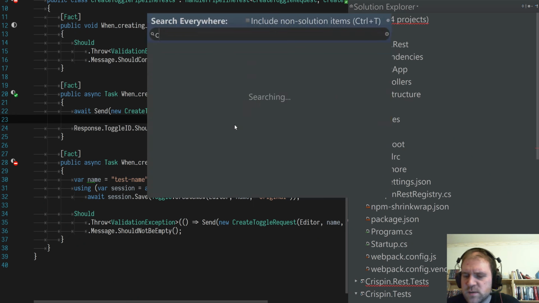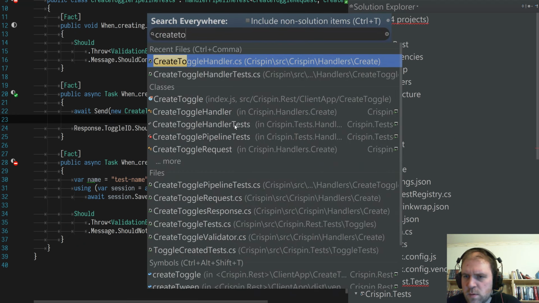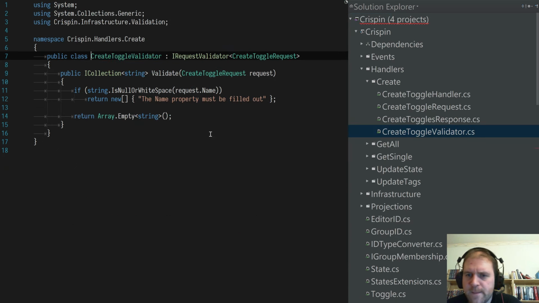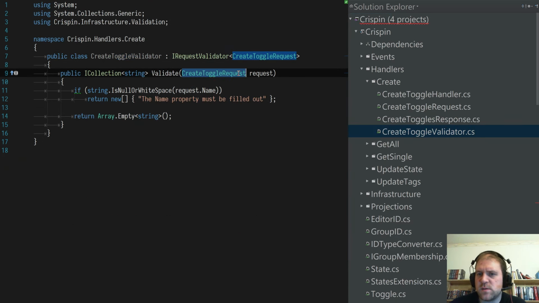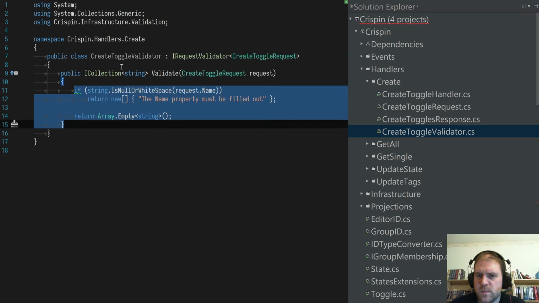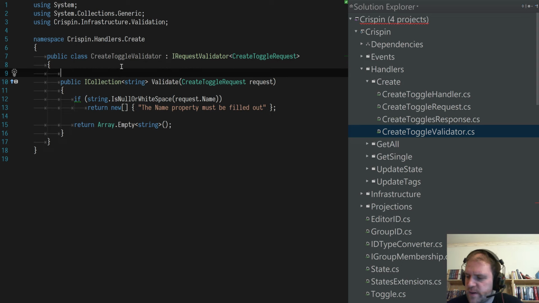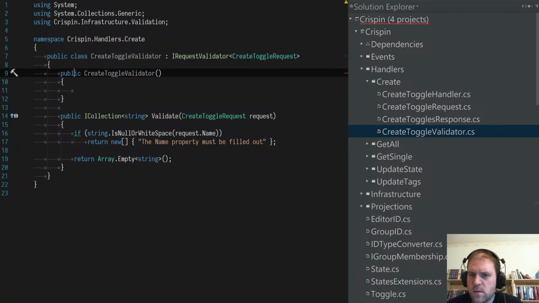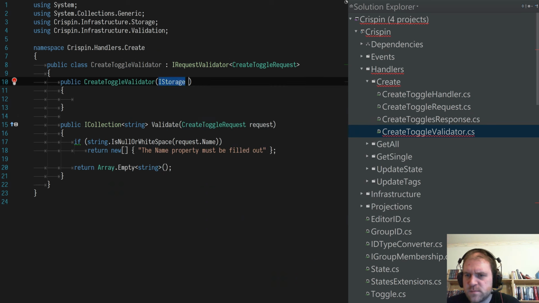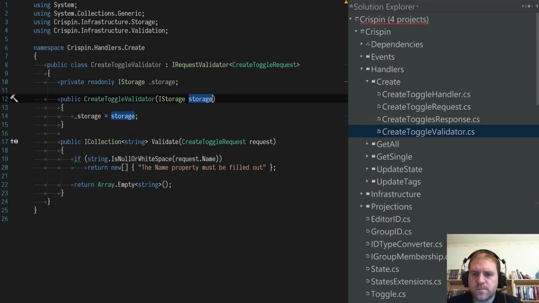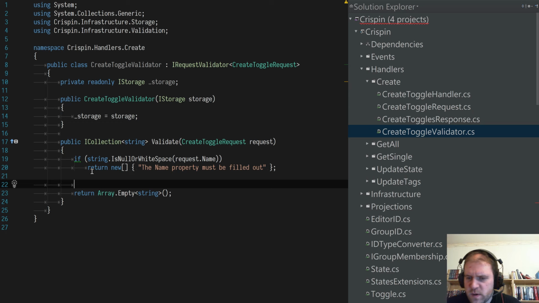Now the place we want to fix it is create toggle data. So at the moment this is just validating the name is filled out. So let's change this to take in I document storage. So we'll check the name first. There's no point continuing on if name is invalid. So now we want to say art projection equals